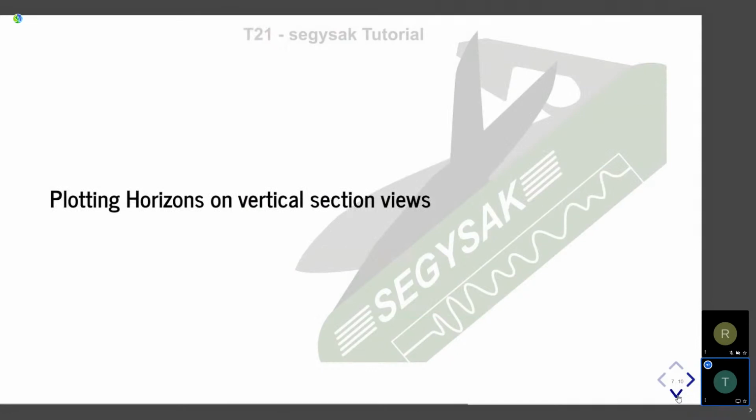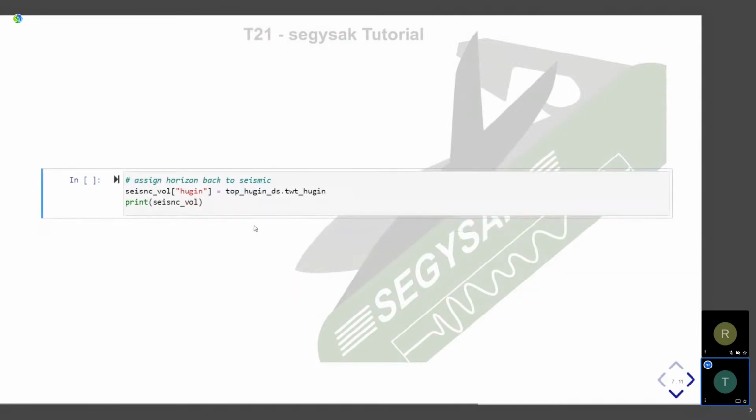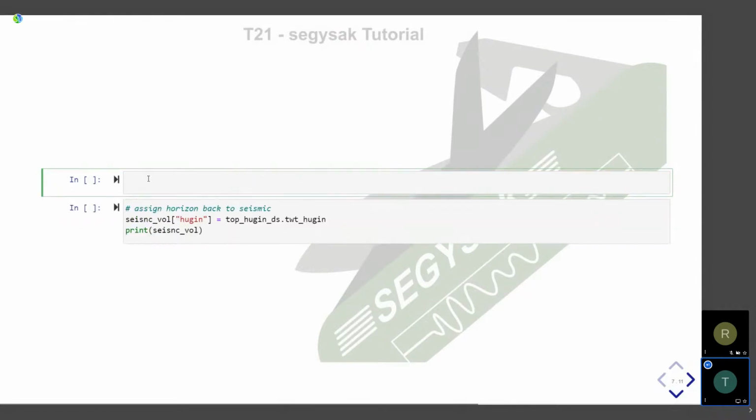Okay, let's move on to vertical section views. We can add our horizon data back to our seismic volume just by adding it as a variable. And we don't have to specify the dimensions of the variable in this case, because we're adding it as a data set, or as a data array. So if I just show you what this looks like,